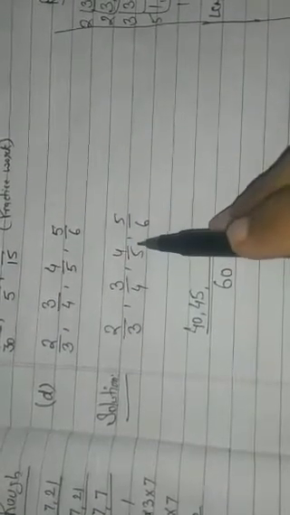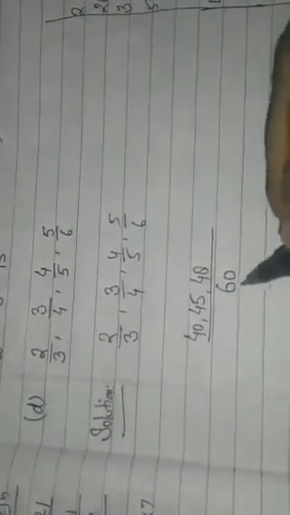Then the third fraction, 4/5. In 4/5 the denominator is 5, so you divide the LCM, 60, by 5. 5 ones are 5, then 5 twos are 10, so your answer is 12. Here you will multiply 12 by the numerator: 12 fours are 48. Then in 5/6 the denominator is 6, so first you divide 60 by 6. Your answer is 10, so you multiply 10 by 5, which is 50. Okay, so you can write it here also, therefore